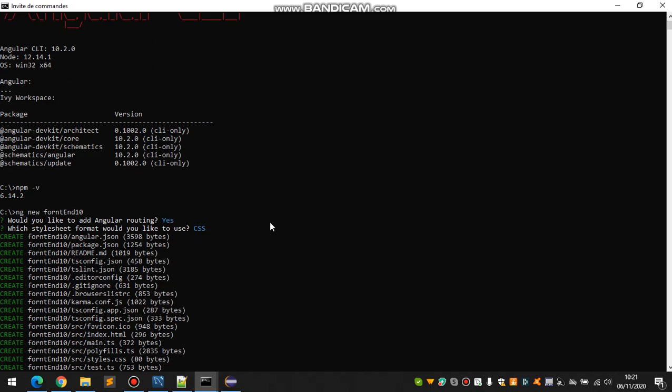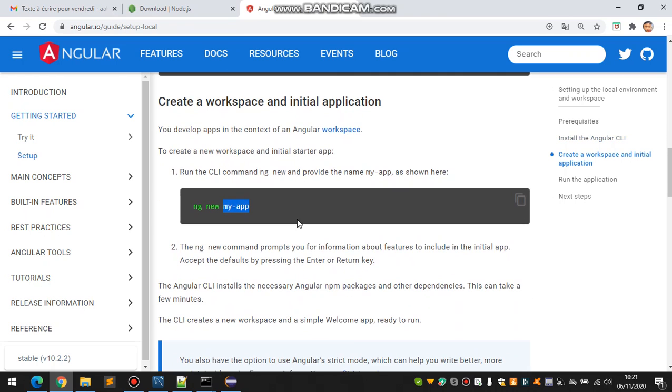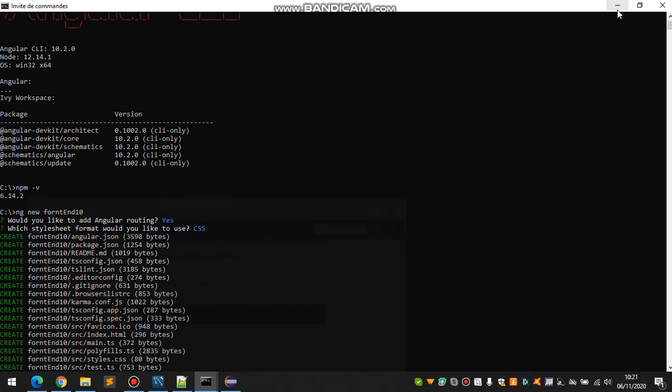For creating a new project, you can go to the official Angular webpage, and the command is ng new followed by your project name, whatever you want to specify. I have chosen ng new frontend10, and it will ask you,